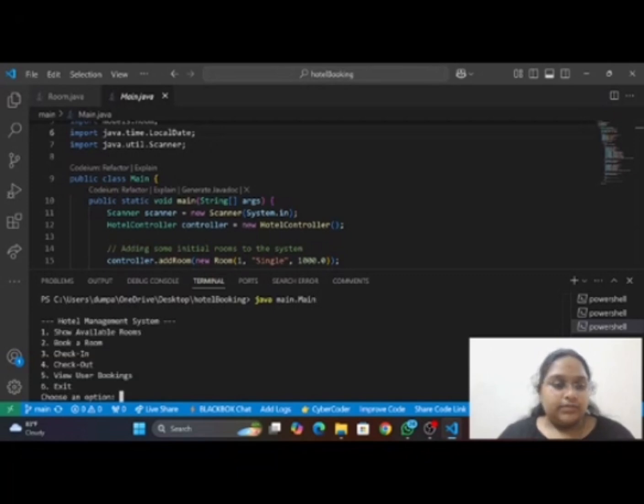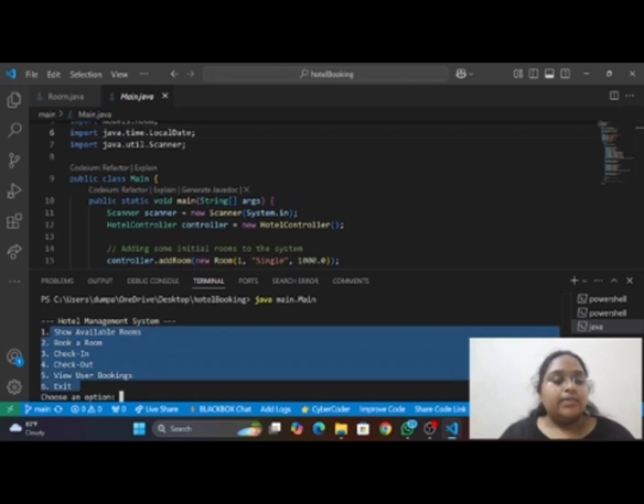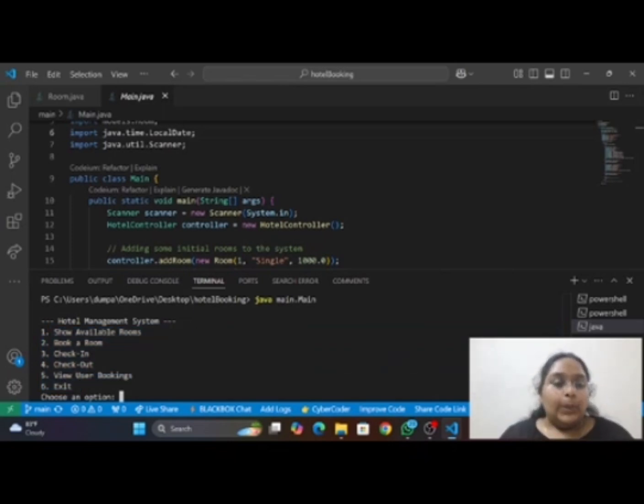When you run the program, the first thing you will see is the main menu, like we wrote in the code, the menu card will be displayed. This is a hotel booking and management system. Whenever it asks the user to choose an option, whenever I choose option